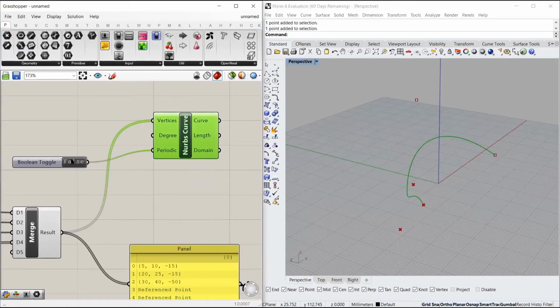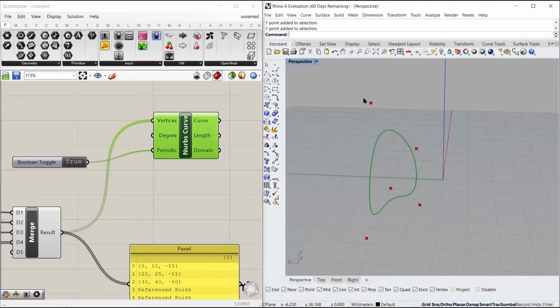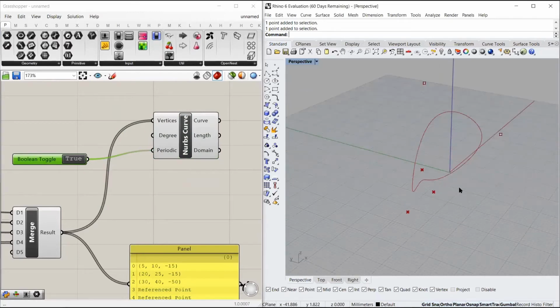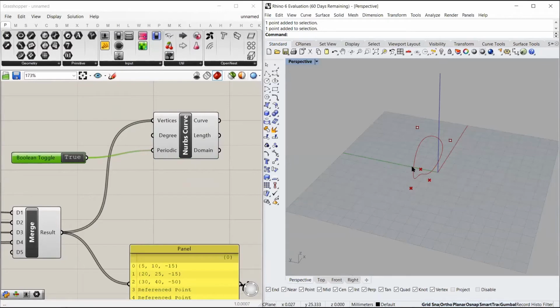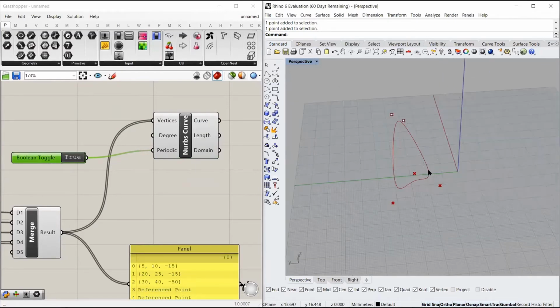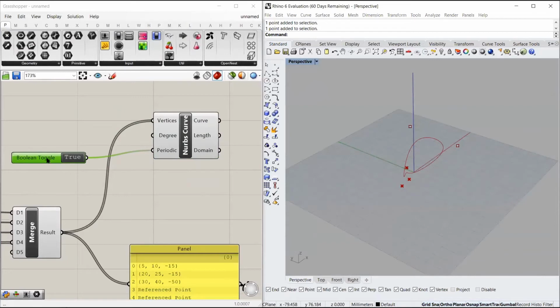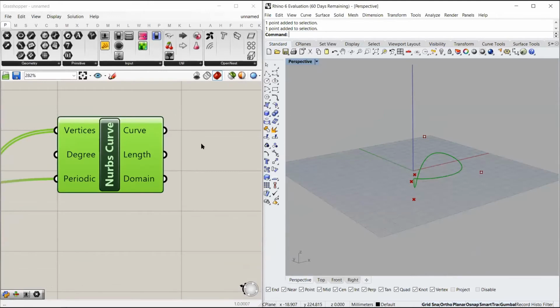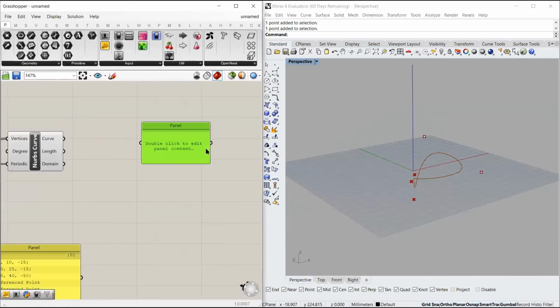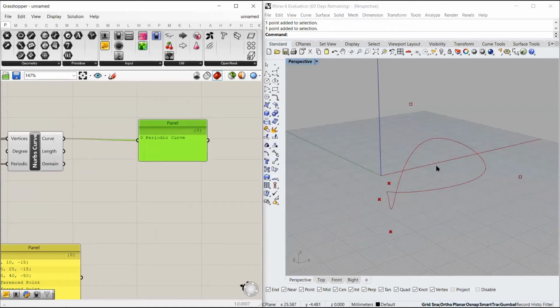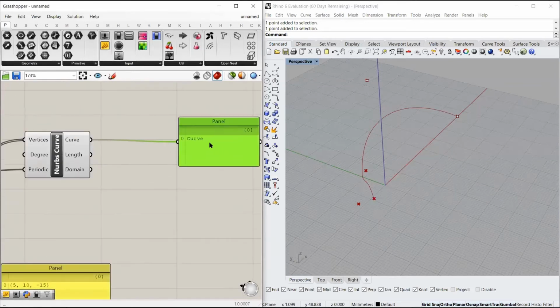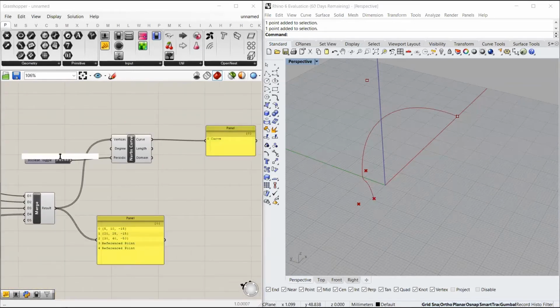So if I input this and I change this to true, you see it actually made a smooth closed curve. Now you see all these points, as soon as I made it true, are the control points, and the curve is actually lying outside these control points. And these curves give 3 outputs. The first output is a curve, so we can read this output. The curve is visualized in this 3D space, and it says that it's a periodic curve. So if I set it to false, it is a normal curve. True again, it says it's a periodic curve. It also gives the length.